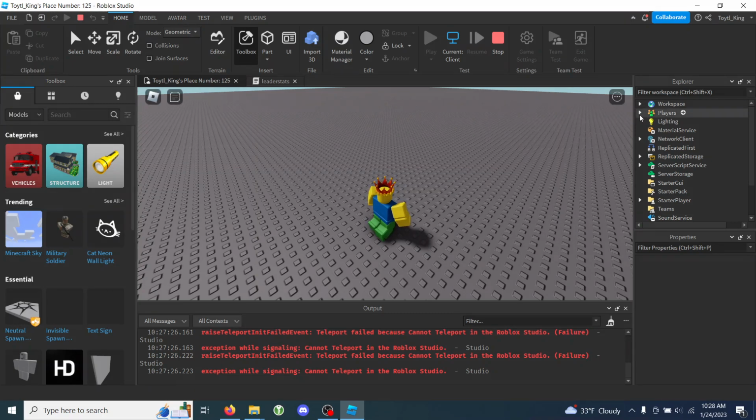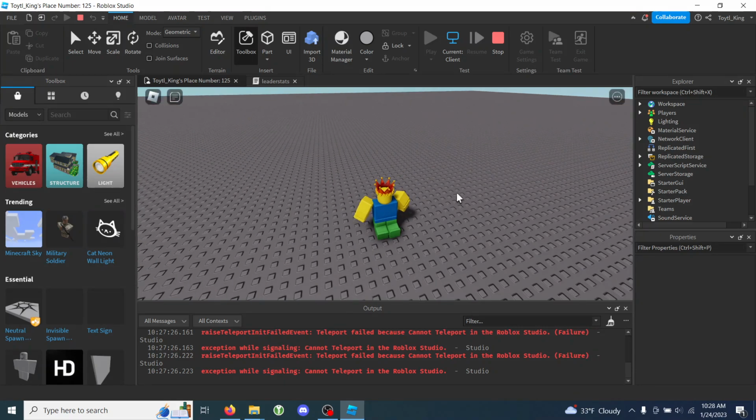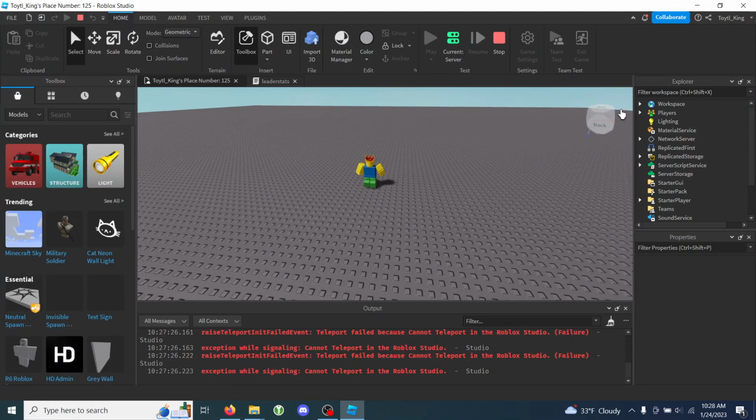Now, this can be annoying for us, because now when we want to change a player's leaderstats, or we want to make a part that everybody can see, we have to do that from the server side, so we have to introduce new features that we never had to do before, which I'll be doing a video about sometime soon, probably. So yeah, we have to do this from the server side. We're going to go to